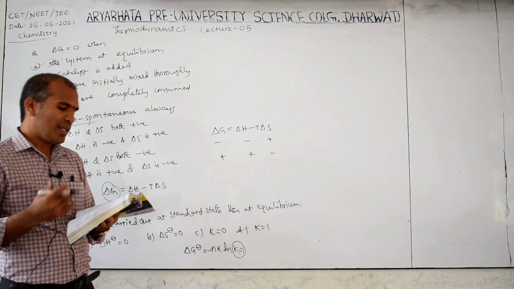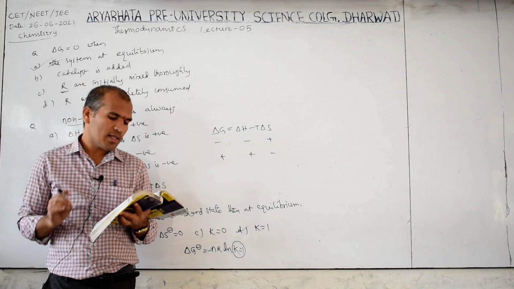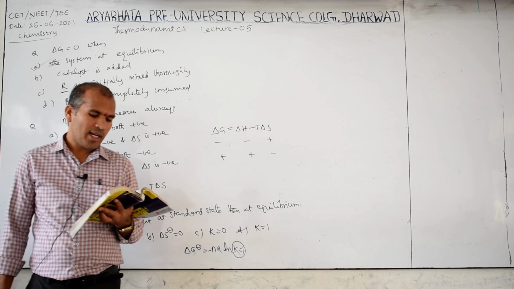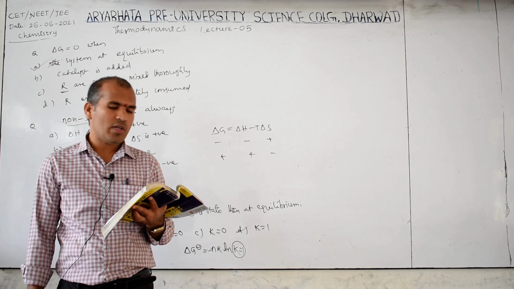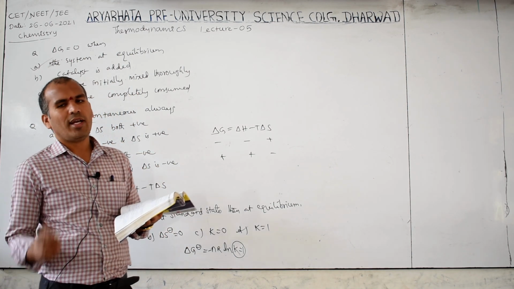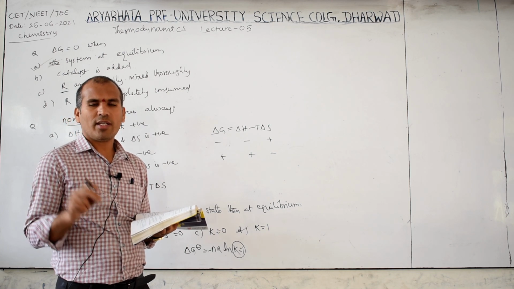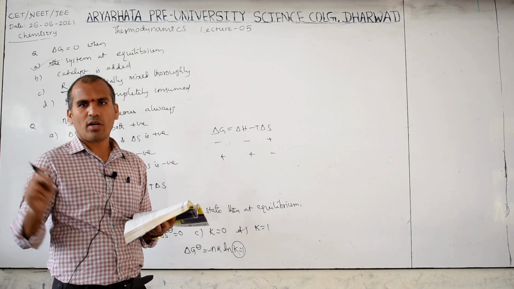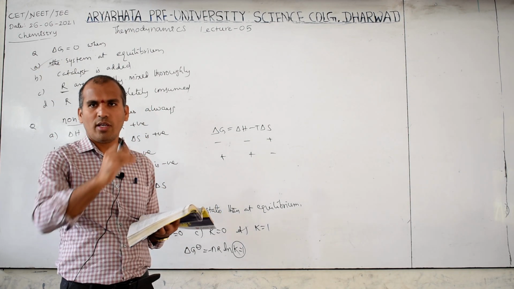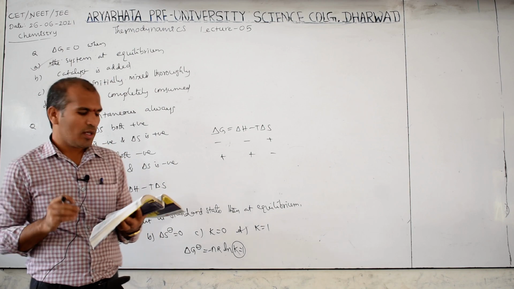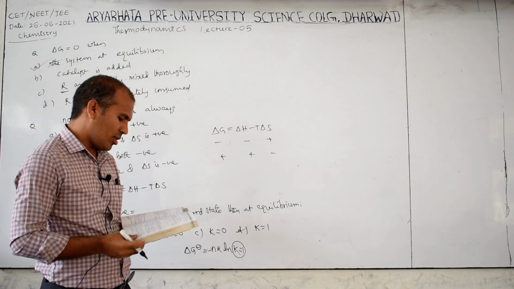Hess law. Here Hess law options are given. I don't want to read them because there are very big lines. So Hess law states the standard enthalpy of an overall reaction is the sum of the enthalpy changes in individual reactions. Already you know Hess law: the enthalpy change for a reaction is the same whether it is carried out in one step or in a series of steps. If the reaction is carried out in a number of steps also, the enthalpy change is the same. So whatever the first option says, that is correct only.